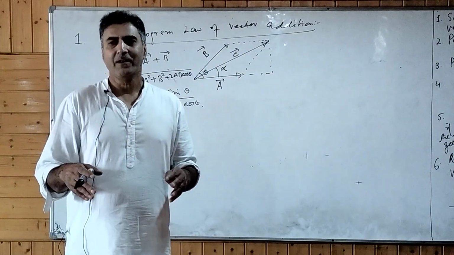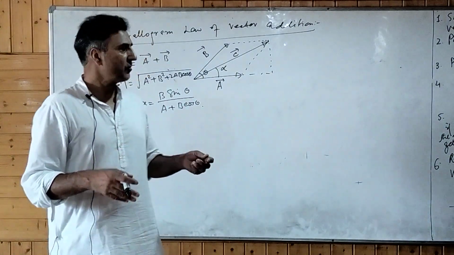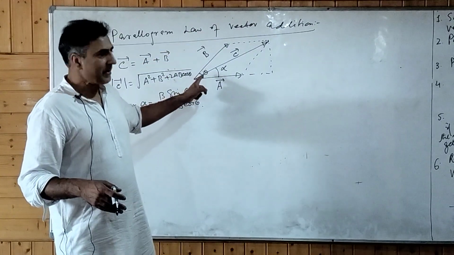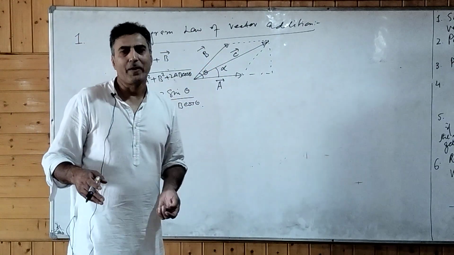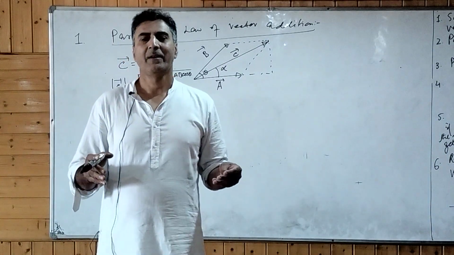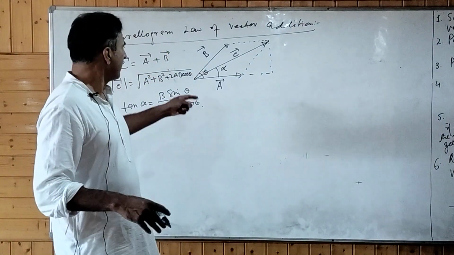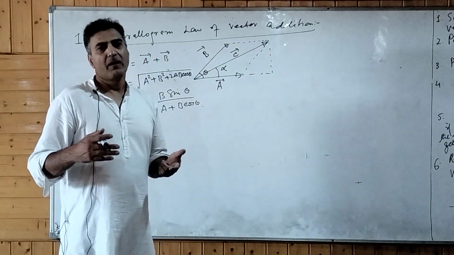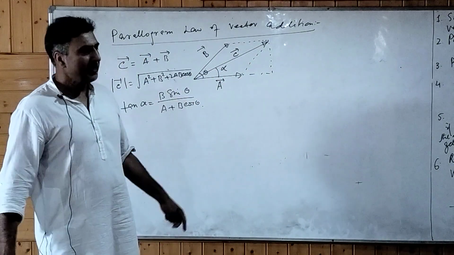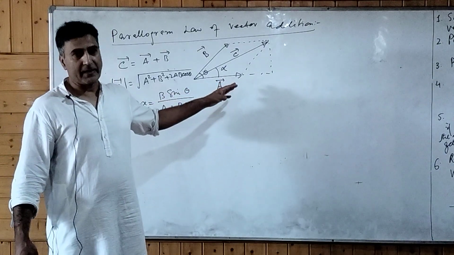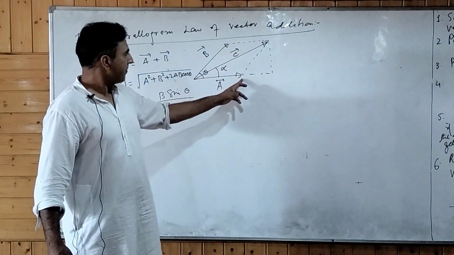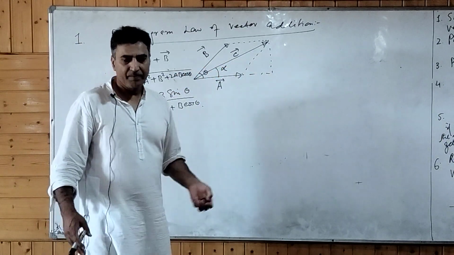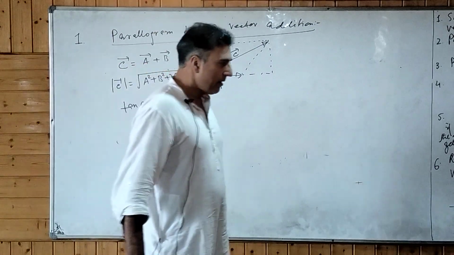So again I will repeat, you have to connect the tail of the two vectors and define the angle between the two vectors, make a parallelogram out of these two vectors, and then you join the origin to this end. This resultant will give you the sum of the two vectors. Here it was very simple to find the difference of the two vectors. If you connect this tip and tip, that will give you the difference of these two vectors. But that is a separate thing that I will discuss separately. Okay. Now,